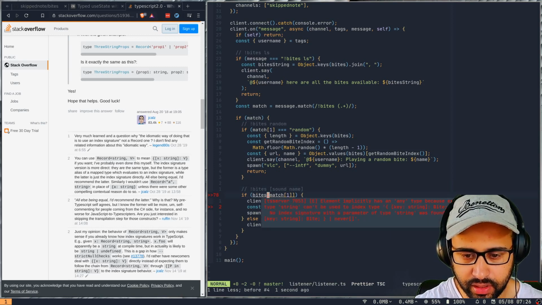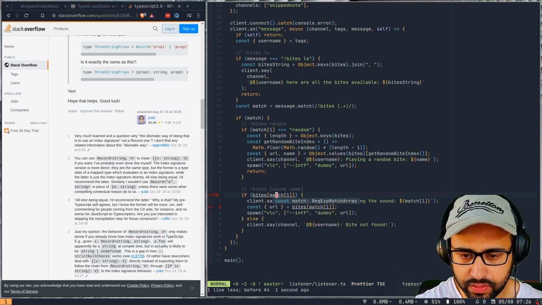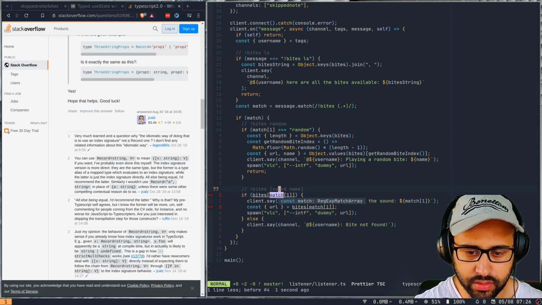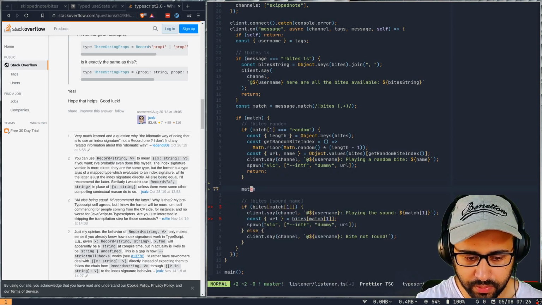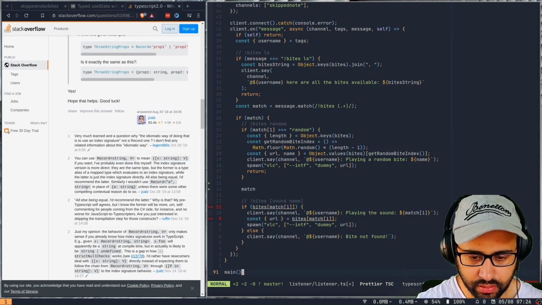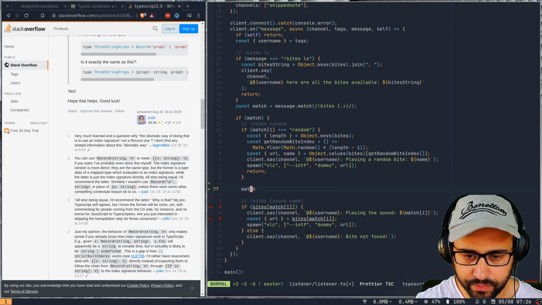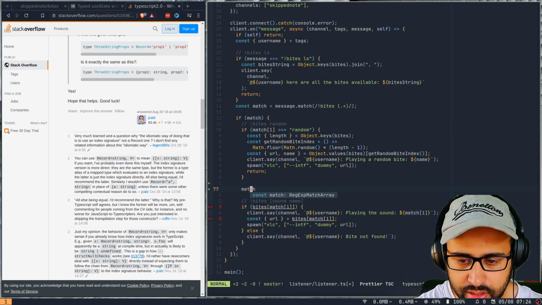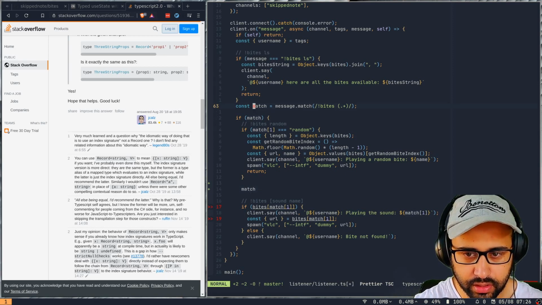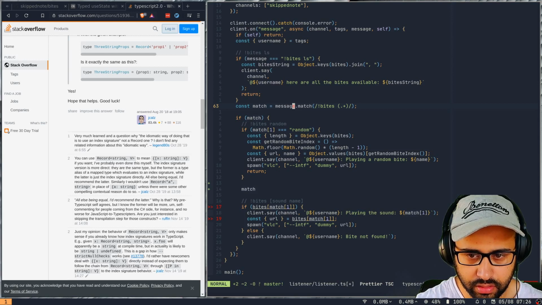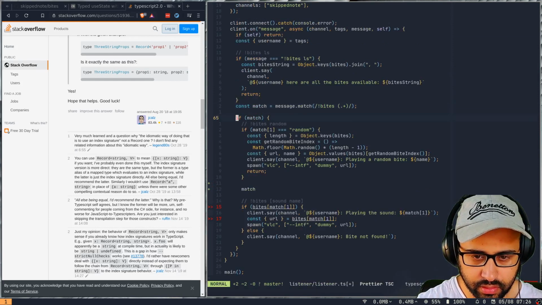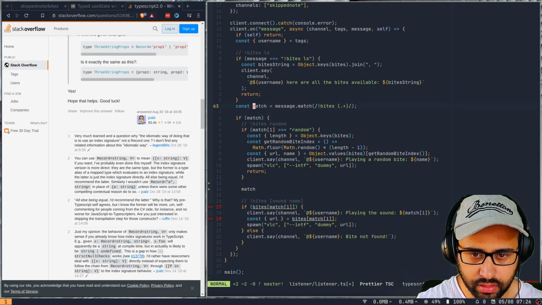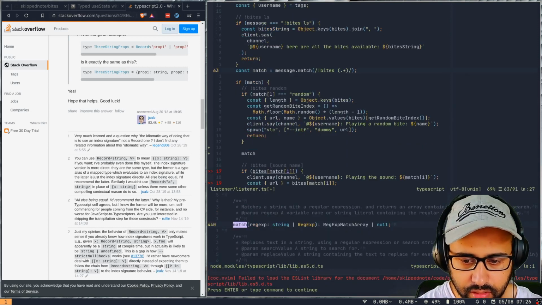Bytes, it says that it has to be a key of string. Okay, so if I do match, matches of type this match regex match array, and if I look at the, I want to check the type so that I can see what we can do with it.